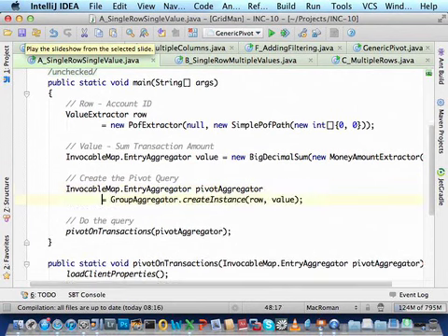Like I said, this is just bog standard Coherence. This is how you create a group aggregator. It has a static method. You don't do new group aggregator, you just call a static one. That's what you're grouping by. That's your aggregator, and you just run it, and it